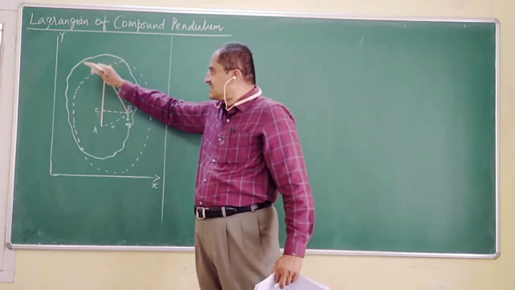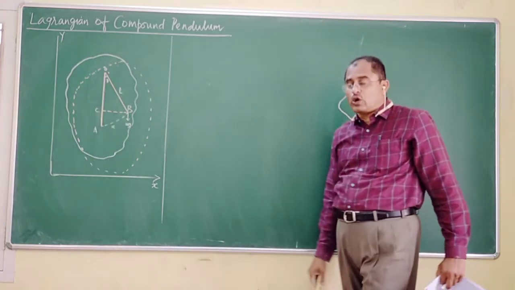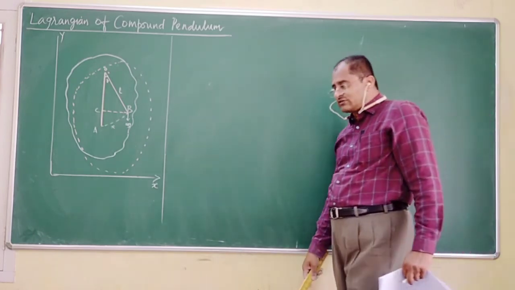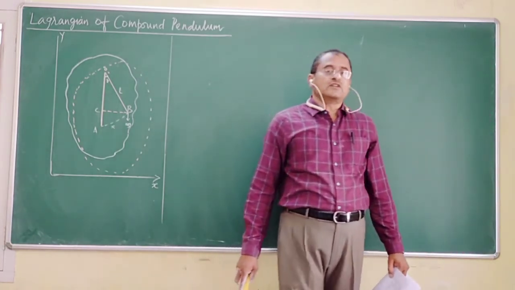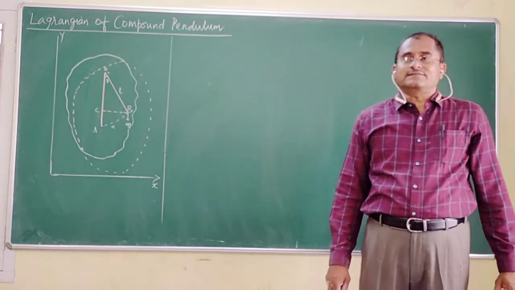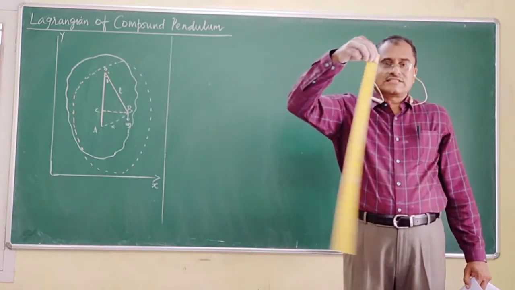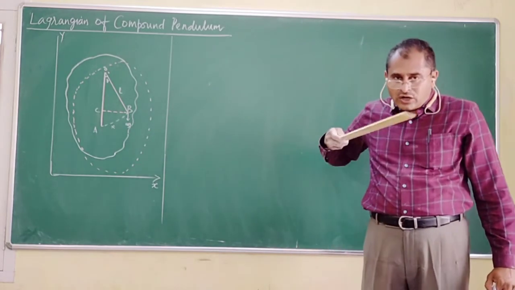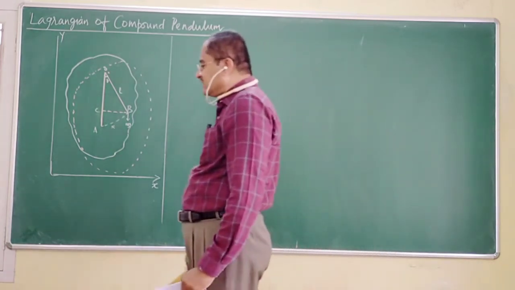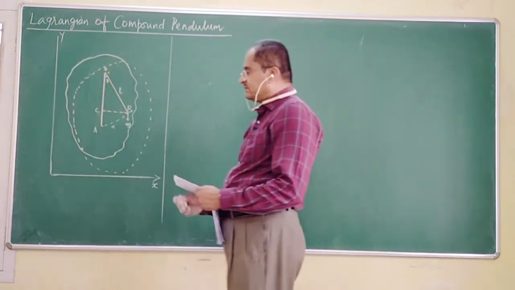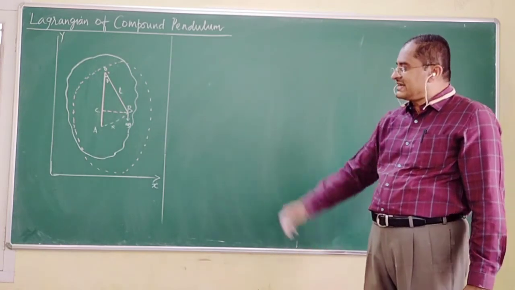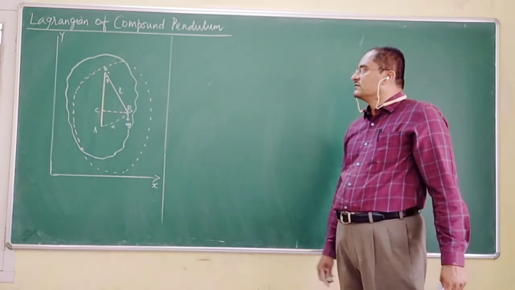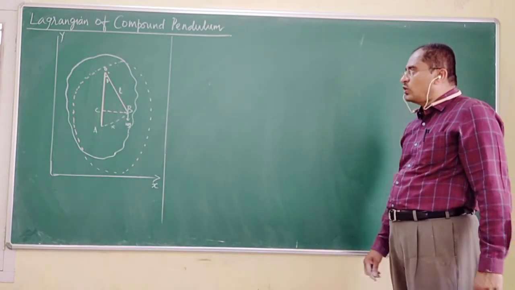The horizontal axis is like this, passing through the point O. I am not writing this on the board, so please listen to me. I will try to repeat it once again. A compound pendulum is a rigid body capable of oscillating in a vertical plane about a horizontal axis passing through the point O. The vertical plane in the diagram, I have denoted it as XY. As I already told you, O is the point